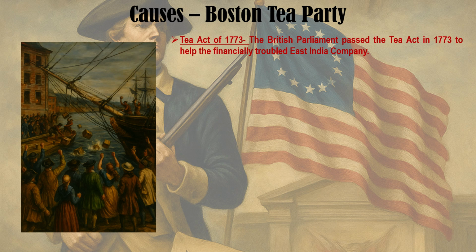So, Tea Act of 1773. The British Parliament passed the Tea Act in 1773 to help the financially troubled East India Company. So, East India Company was going through a loss phase. They were having many losses in business. So, the British Parliament passed the Tea Act of 1773 in order to help the East India Company, which was